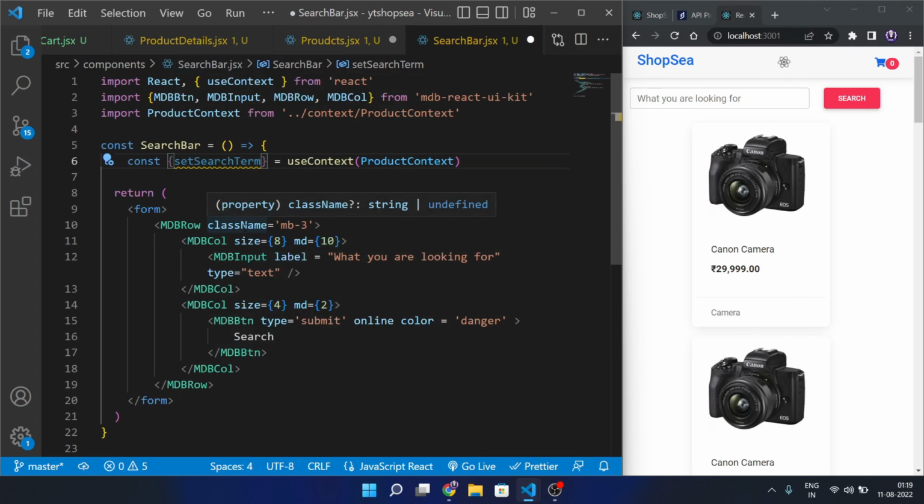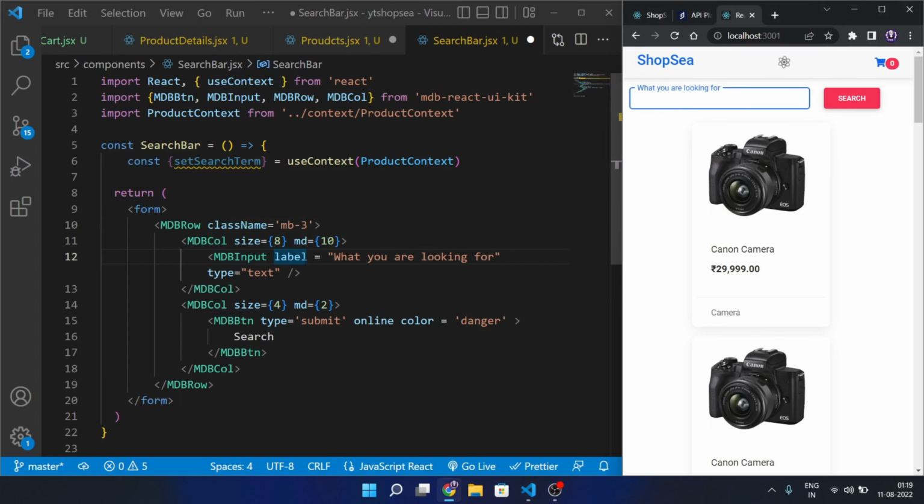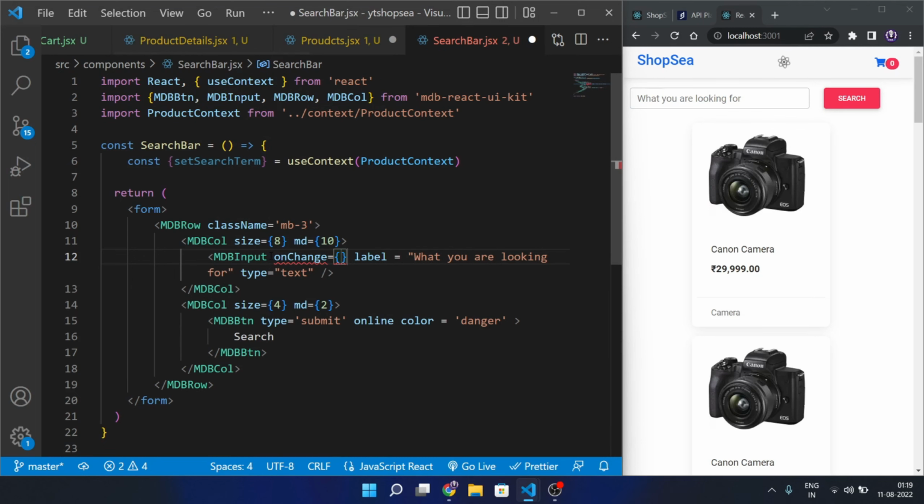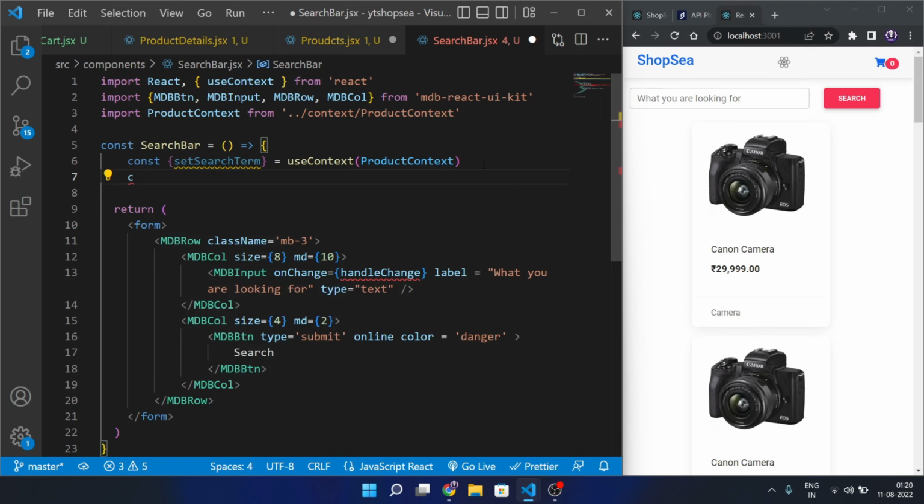And then we will have an input field. When we write anything inside of this, we just want to search the data according to our need. For this we simply add an on change functionality on the input field. So on change we will call the handle change. Let's create a function called handle change at the very top of here. So let's create a const handle change, and here,